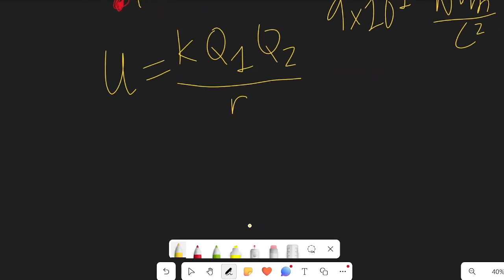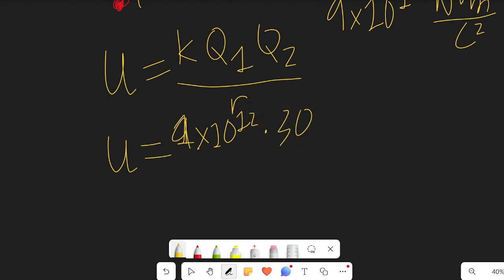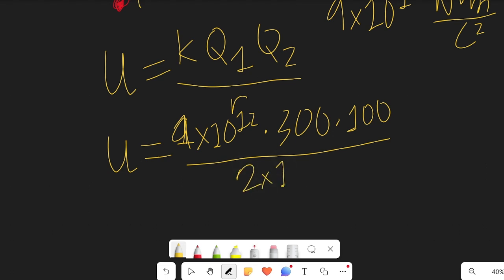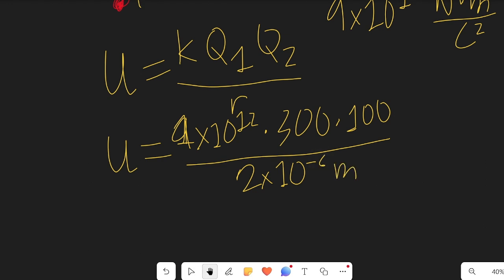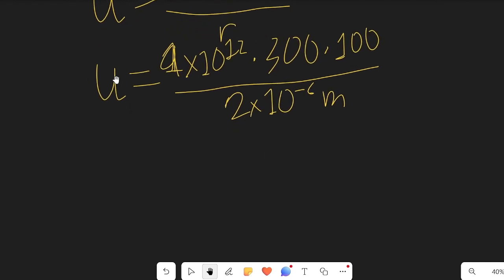So electric potential energy will be equal to 9 times 10 to the 12 multiplied by 300 multiplied by 100 divided by 2 times 10 to the negative 6 meters. And you can already tell that the electric potential energy between these 2 is going to be pretty